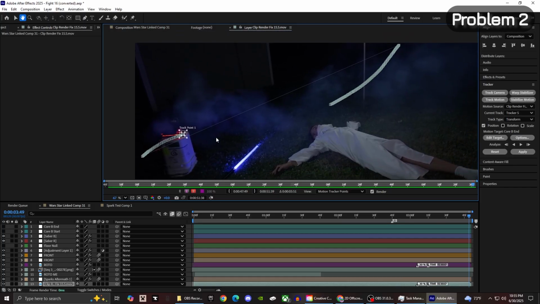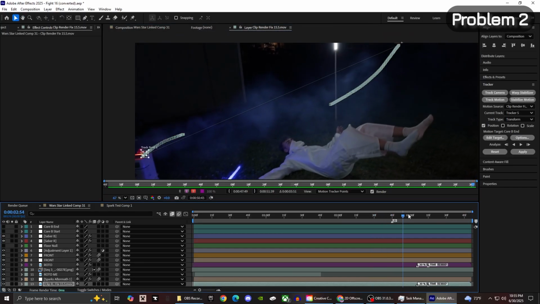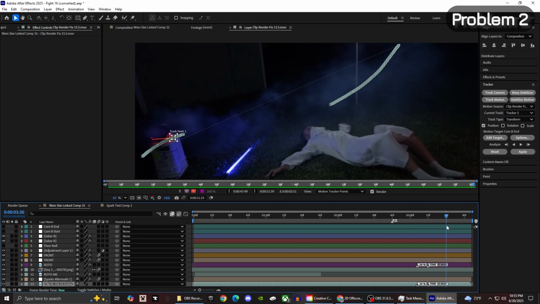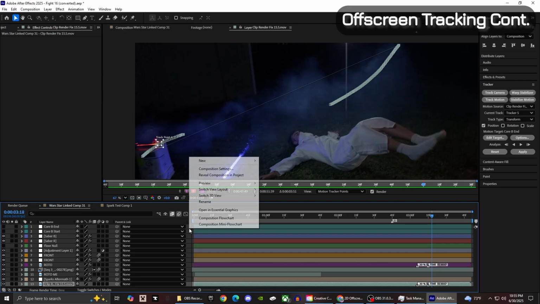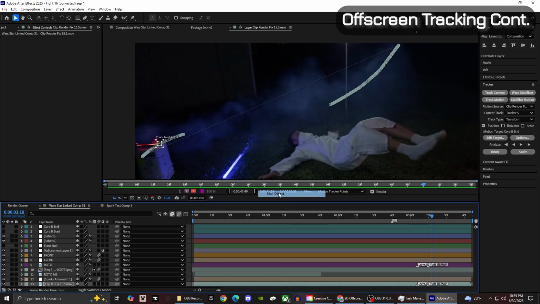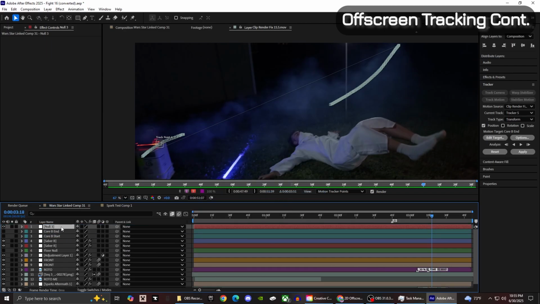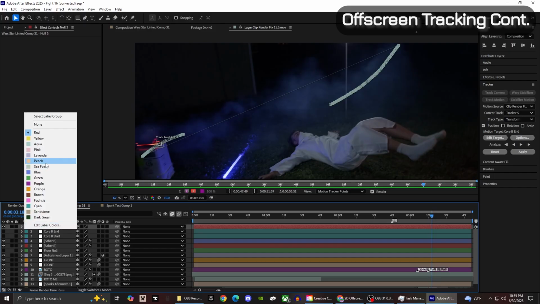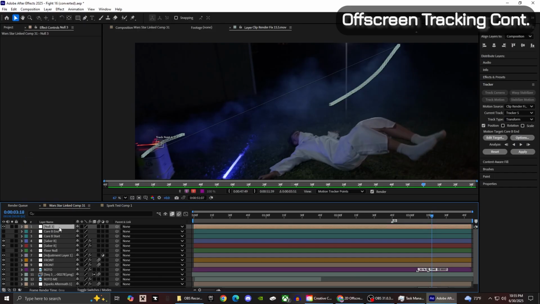So it's gonna look like you have two different tracking. You're like, what the heck? This is so off. This doesn't make any sense. Why is it down there? Well, until you actually apply it to your null object, it's going to look like that. So right click in an empty space, like right here, go to New, Null Object. I'm just gonna throw it all the way up here in the layers, just so you can see it. I'm gonna change the color so you can see it better. We're also gonna rename it